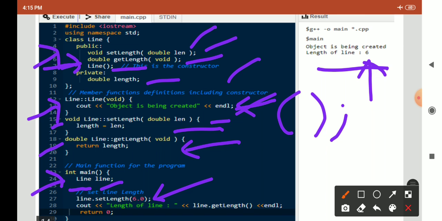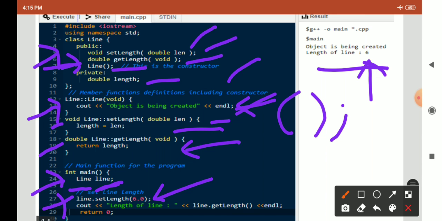The class name is Line with a capital L, and we are creating an object line, here l is in small case, and here we created an object. As we previously saw, the constructor is called when an object is created. So at the time of object creation your constructor is called.